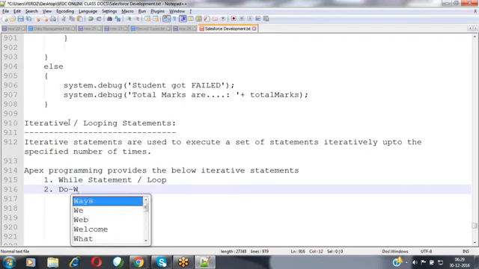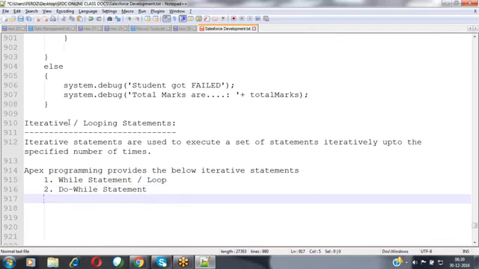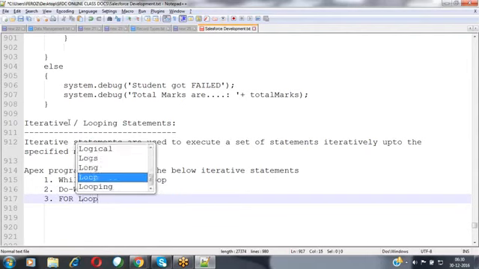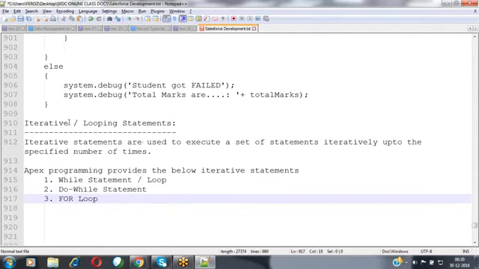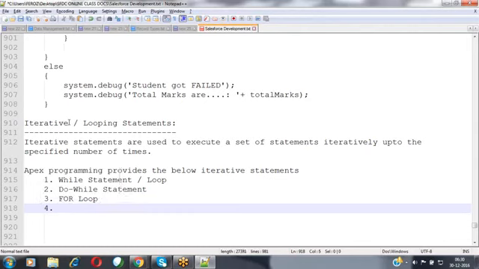The second one is the do while statement. And the third one is the for loop. And inside that for loop, we will be discussing one more concept called the enhanced for loop.